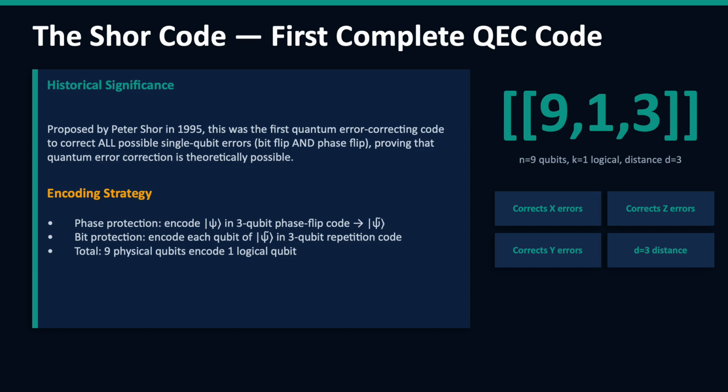What makes the Shor code particularly important historically is not just that it works, but what it corrects. Unlike earlier attempts that could handle only bit flip errors or only phase flip errors, the Shor code handles both simultaneously. Bit flip errors are the quantum analog of a classical bit flip. The qubit's value gets inverted. Phase flip errors are more subtle and have no classical analog. They scramble the relationship between the two components of a quantum superposition without changing which value you would see if you measured it.